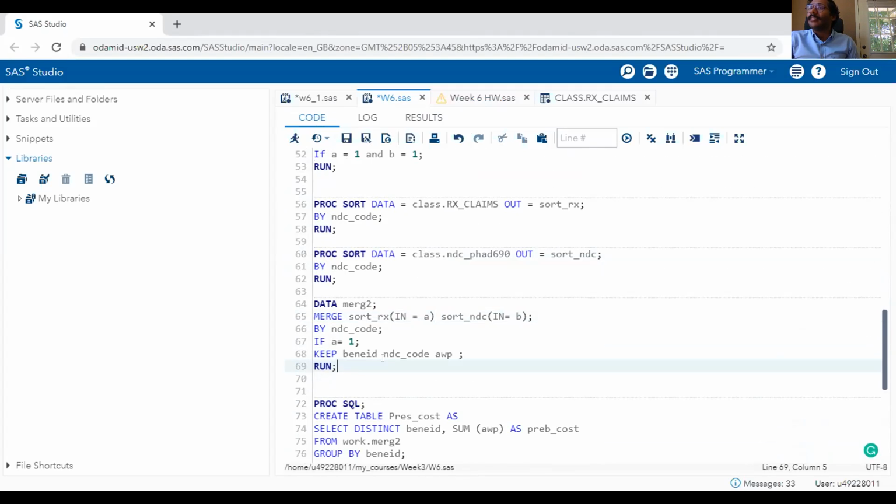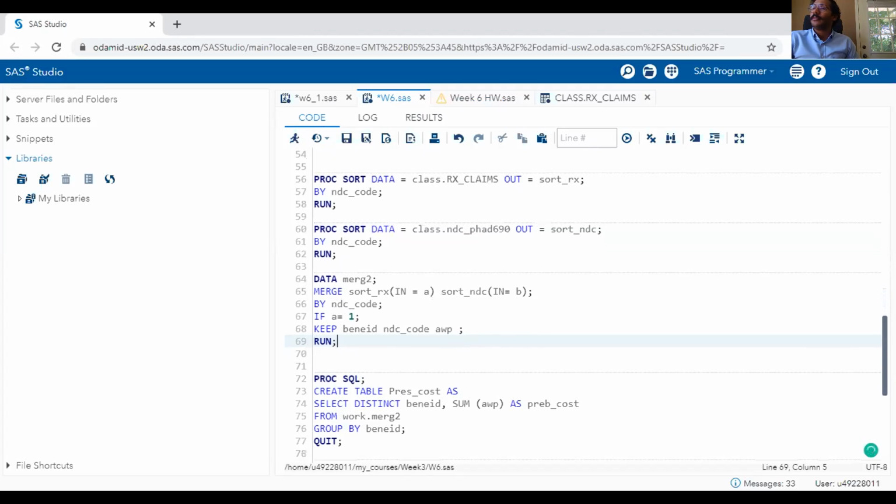Okay, let's see that. Sort underscore RX. Kaustav, as you're looking through this, if you see something, please let me know. Can you scroll a little, Shushir? Equals 1.